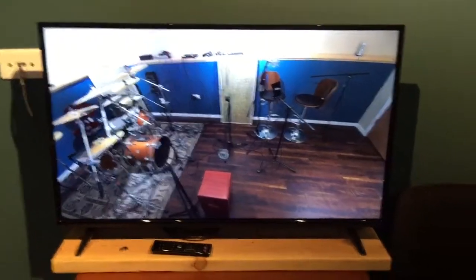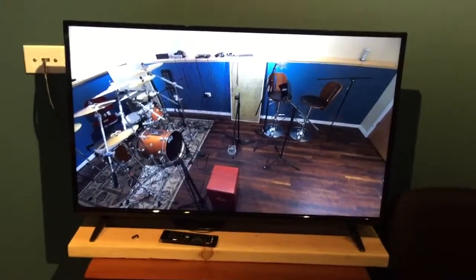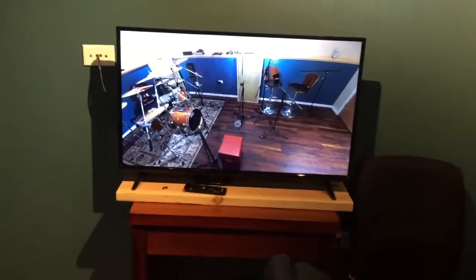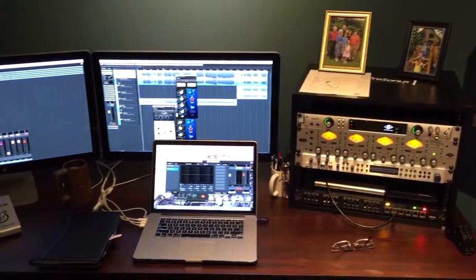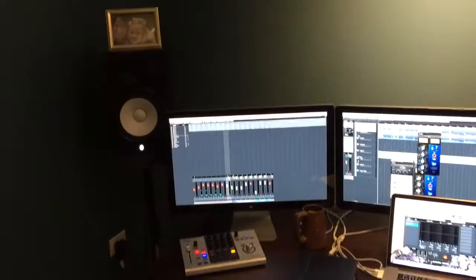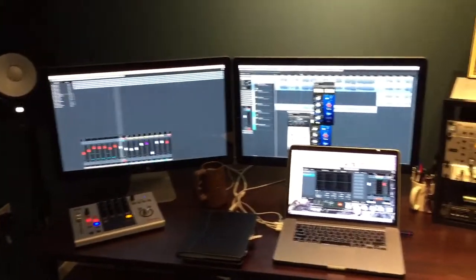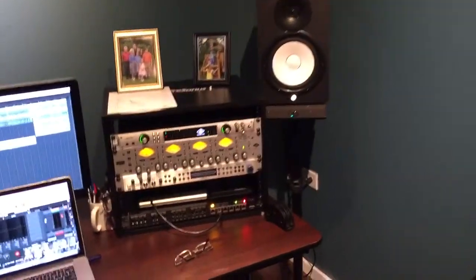I have two inputs, but really probably one would have been enough, but it's nice to be able to switch back and forth. I can see the entire area and it's pretty cool. I'm happy with it. I have a new desk coming. It was on back order. It's an Omnitrax desk that will allow me to place my speakers where they're supposed to go. It's definitely not ideal right now, but in the rack,